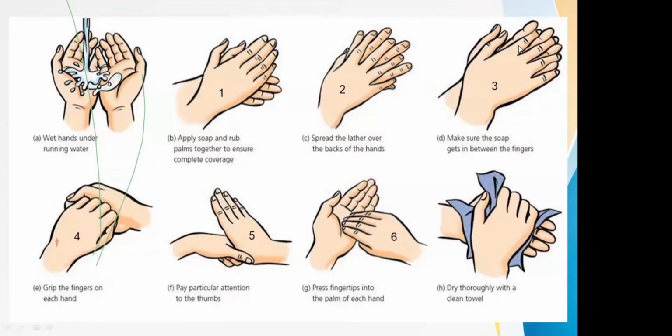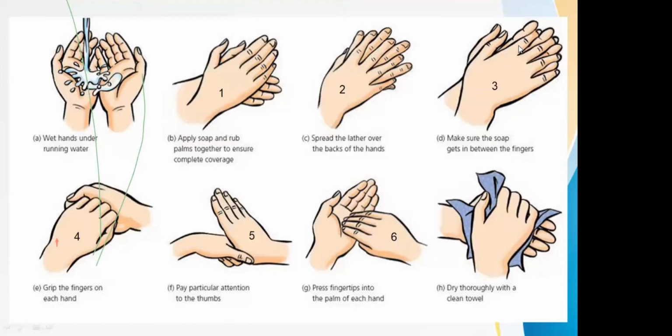Okay, very quickly, as a microbiologist, this is my job. I would ask all of us to do the 6 steps of hand washing. Opening and closing of the tap is not a step of hand hygiene. Please mark it, and you can tell your clinicians too that these are definitely not steps of hand washing. I don't have water and hand wash out here. So first is rubbing: apply soap and rub palms together to ensure complete coverage. Your first and foremost point is forming the lather, right?